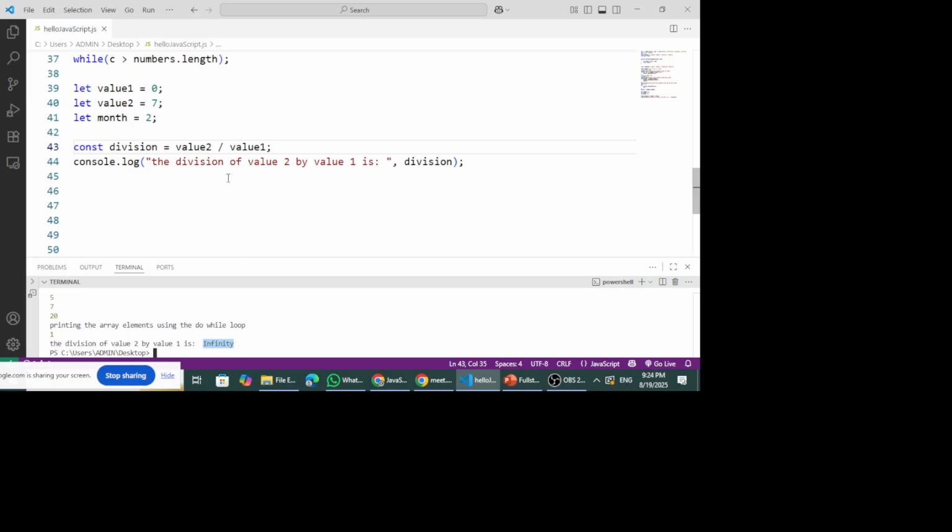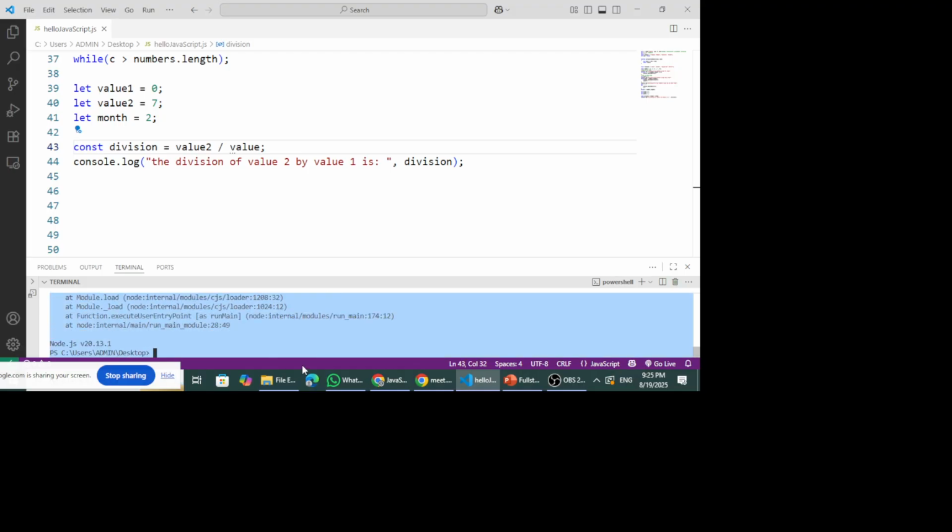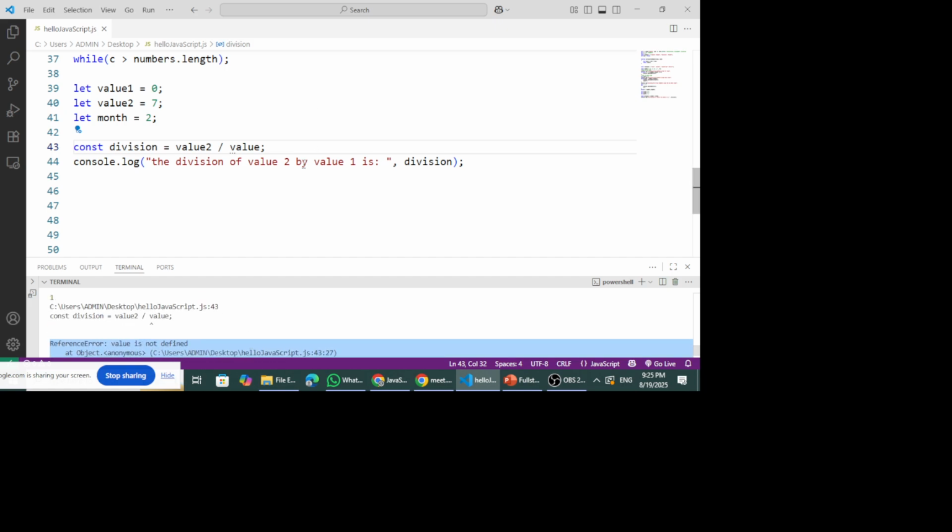So to handle such kinds of errors, how can we handle them? Or even let me say I'm trying to divide value 2 by a non-existent variable value. When I rerun the program, it fails. When you look at the console here, the user is going to see this kind of error, and the user does not understand code. So the user will not understand what this means. It is upon you as a programmer to handle such errors in case they happen. So to handle these errors,